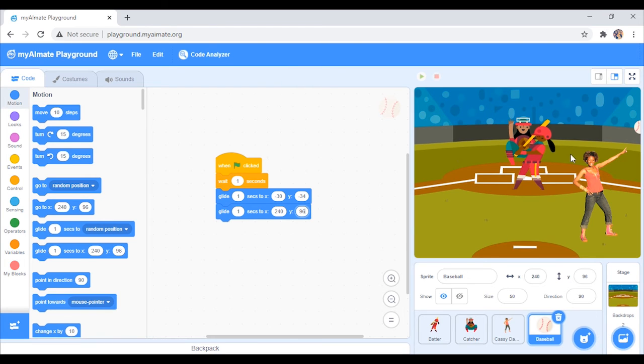At the end of it, we want the ball again to be where we put it earlier.